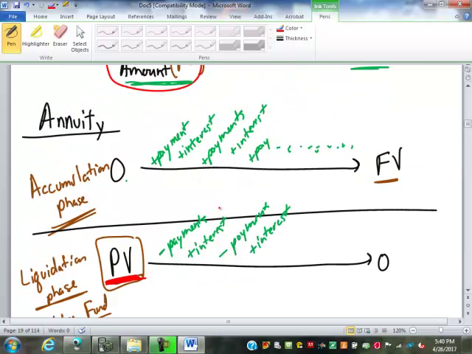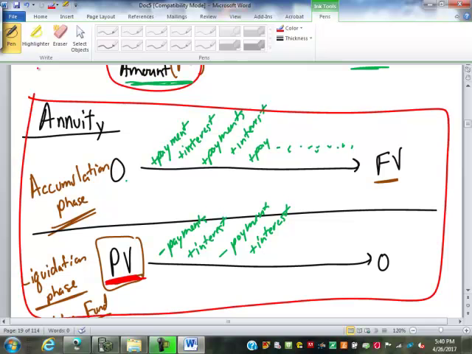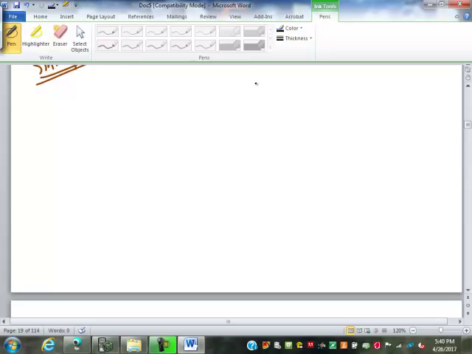So let's do some examples quick before we do materials. Obviously, these examples I'm going to do will not be annuities because we have not seen the math behind those yet. But let's see if we can remember the other type of stuff that we need to remember to do. So let's look at